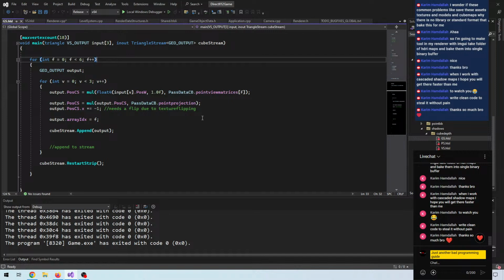Right now we do it at runtime, but you could of course precompile them and only change them whenever the light moves or changes properties or something like that. But anyway, we translate into view projection space of the light for each of the 6 faces,